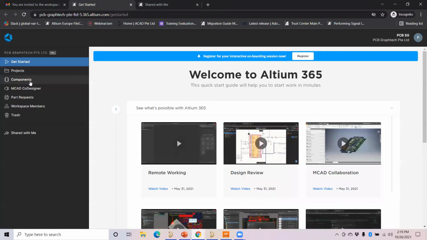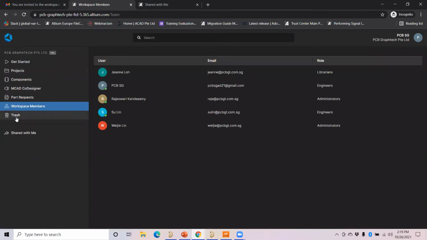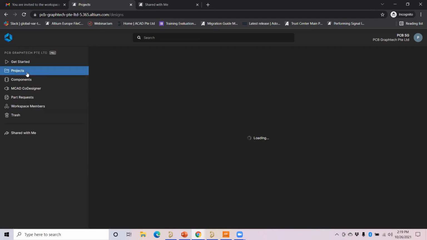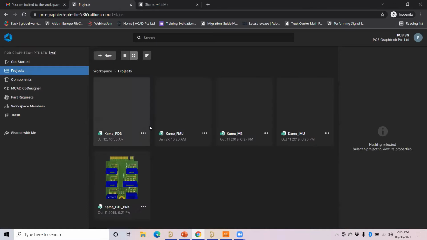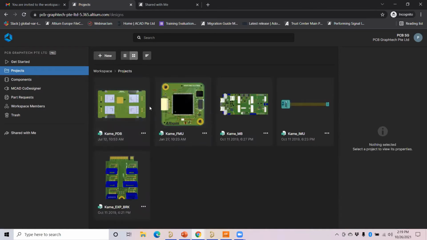The very important thing is I gave them only the engineer role. I didn't give any admin role. So they will see only the details like workspace member, but they don't see the admin role. They cannot edit settings or add roles. They can only see, and they can see the projects shared within the collaborators. Within the organization, the projects we shared, they can see here. So this is the main thing.